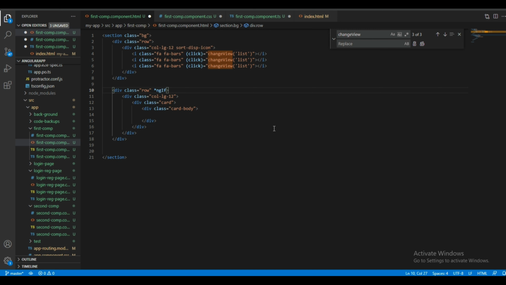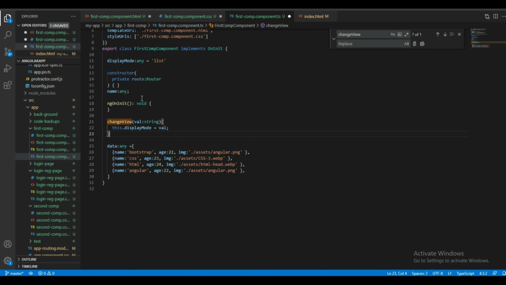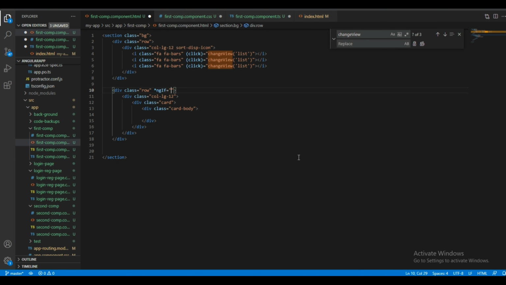The ngIf is equal to this, whichever variable I'm storing the value in here. I need to copy this and paste it here. If it is equal to list, first I will come with list, then I need to display this.